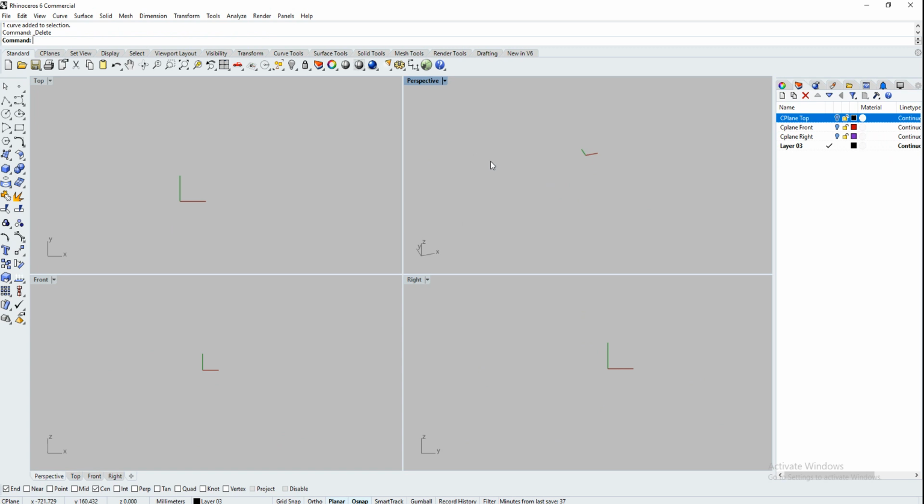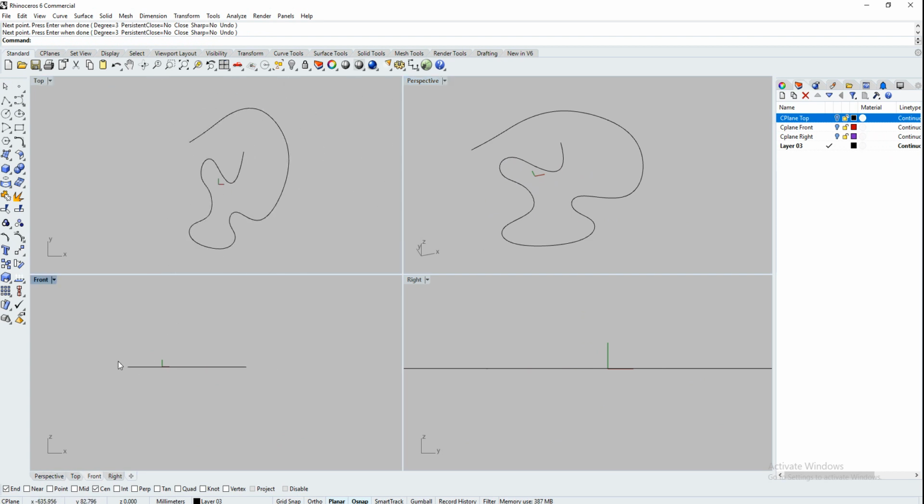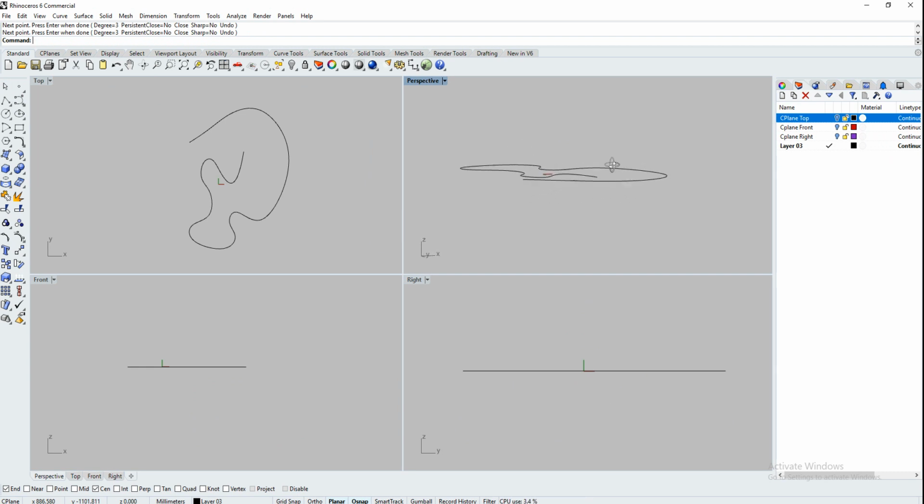The construction plane of the perspective viewport is the exact same as the top viewport. If I start drawing some curves in the perspective viewport, you can see that the construction plane is the exact same as the top CPlane. So if I turn the top CPlane on,